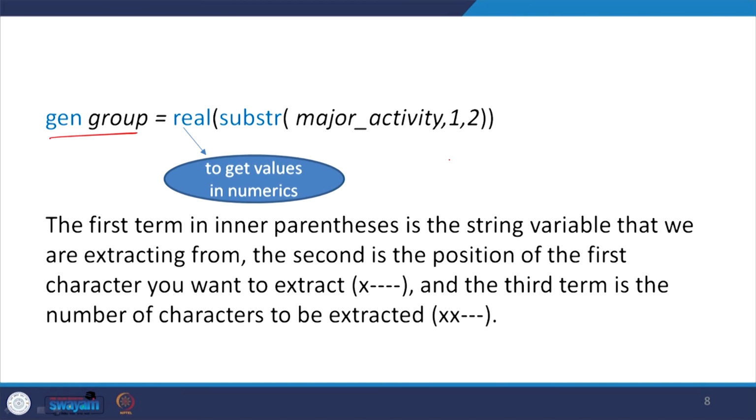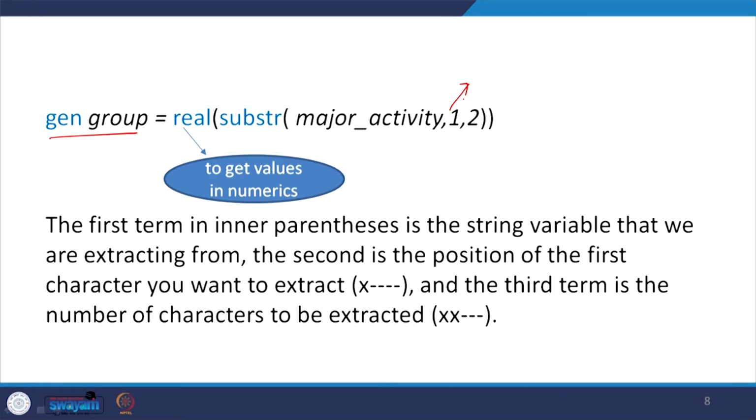Now, after the comma, the second term is the position of the first character you want to extract. Out of those 5 digits, you want the 2-digit level from the beginning or from the end, it depends. Generally the 2-digit level is given from the beginning of our data. Broad classifications are given from the beginning.